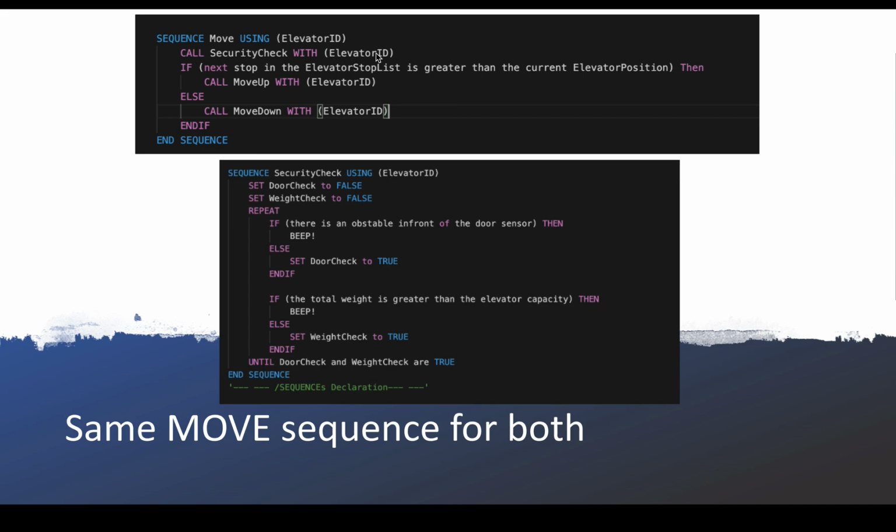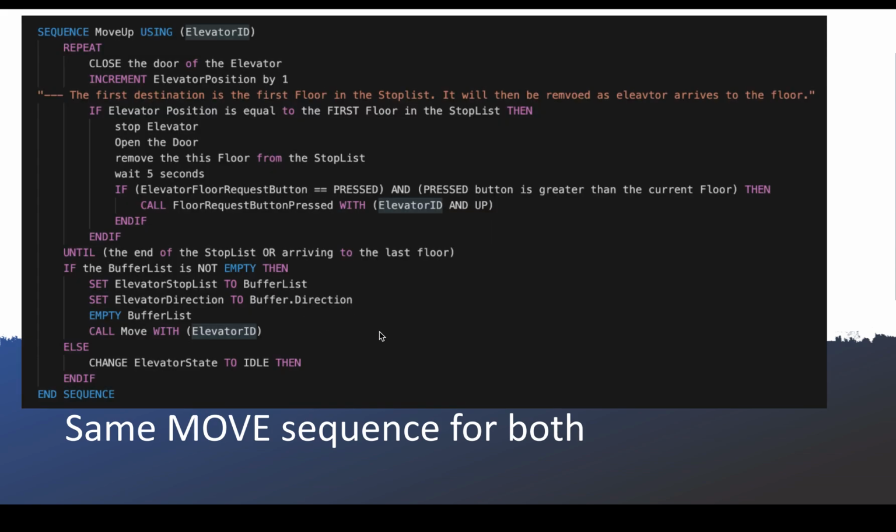It's quite simple. There are some security checks to check if there are obstacles in the door, or if the maximum capacity of the elevator has been respected or not. And then it decides, depending on the stop list and the position of the elevator, to move up or move down. For example, in the case of move up, it closes the door, increments the elevator position, and as it arrives at the first stop in the list, it stops, opens the door, removes the floor from the list, waits 5 seconds,